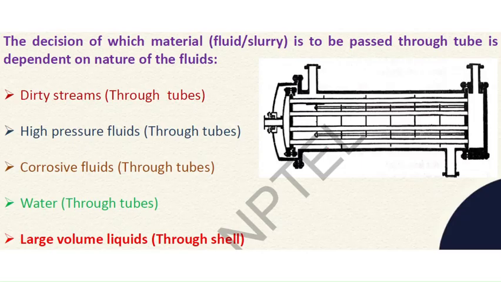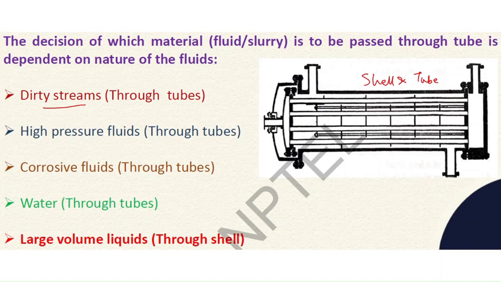Now coming to the double pipe heat exchanger, it is basically telling what stream to put in what. It is basically the decision of which material is to be used. It is basically a shell and tube heat exchanger. So in this, they are telling what material needs to run through the tube and what is to be kept in the shell. So it is giving that information.